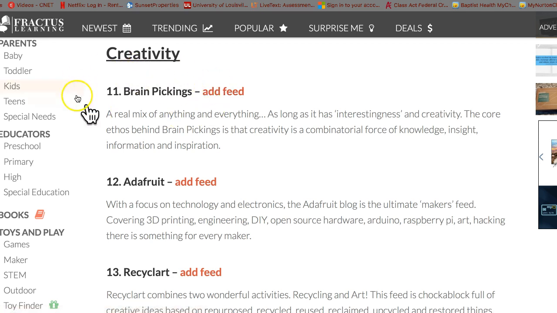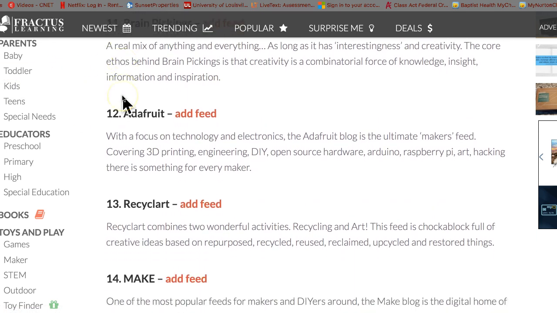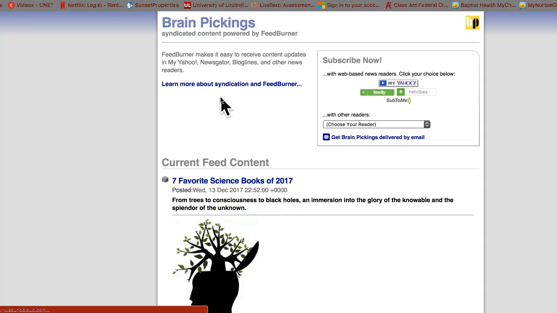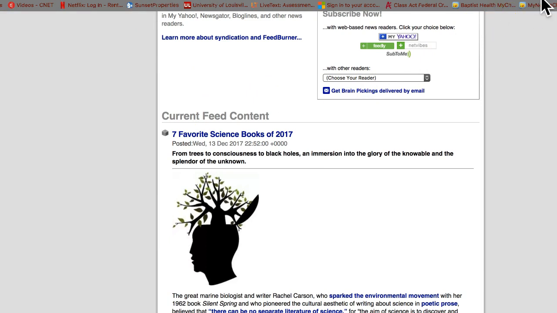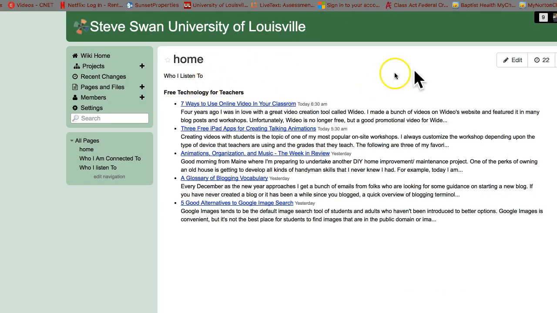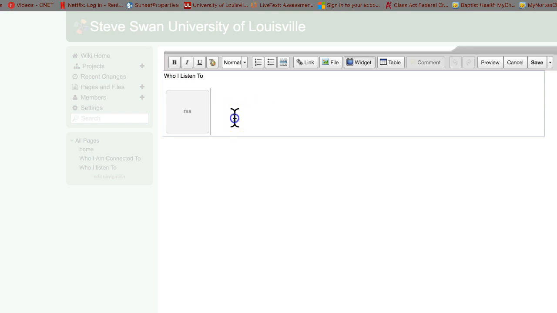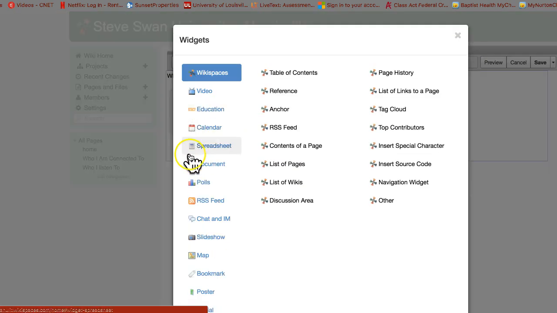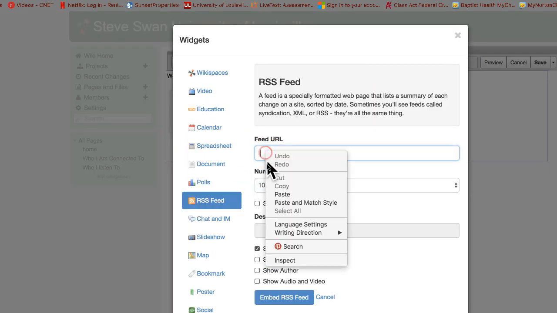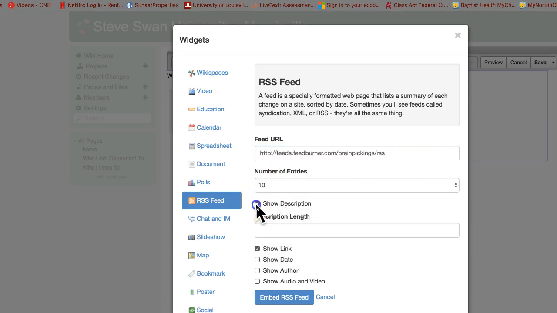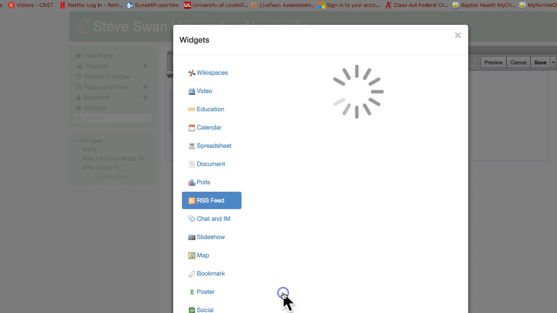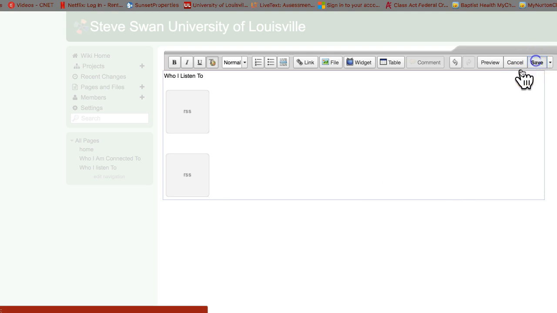In the Collaborate, we did this one, Brain Pickings. Again, if you click on Add the Feed, and you go up here and you do a copy, and we come over to our Wikispaces, Edit, move the cursor down below the one I just put in, widget, and the feed, paste it in, check all the boxes. And when I then hit Save,